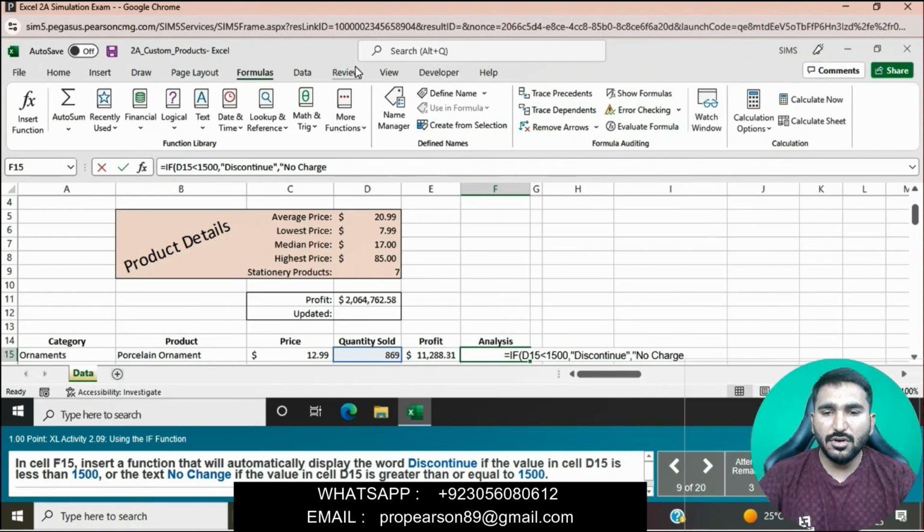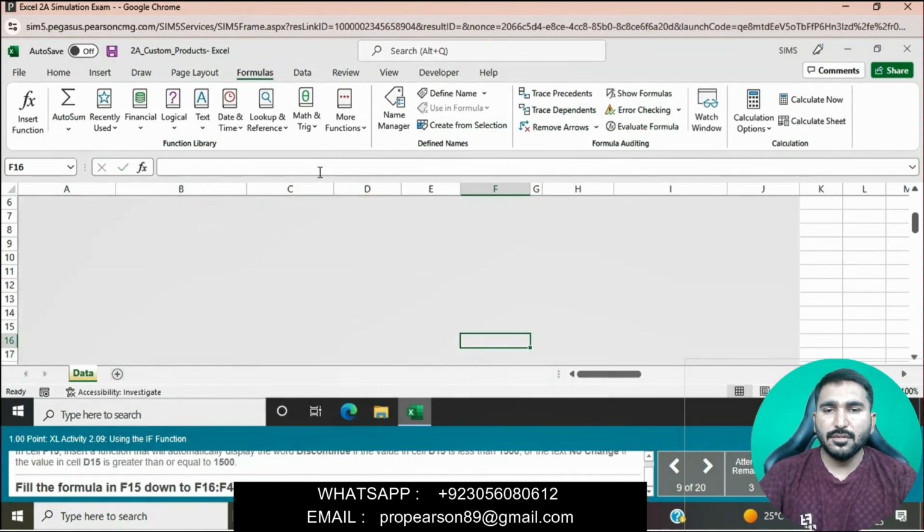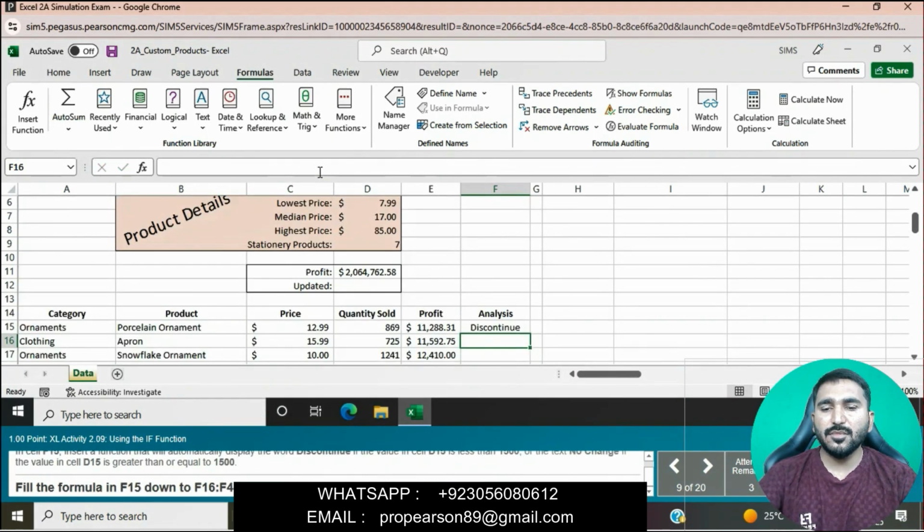No change, and then press enter. Okay, then it will be fine. Okay, fill the formula F15 down through F16 to F44.